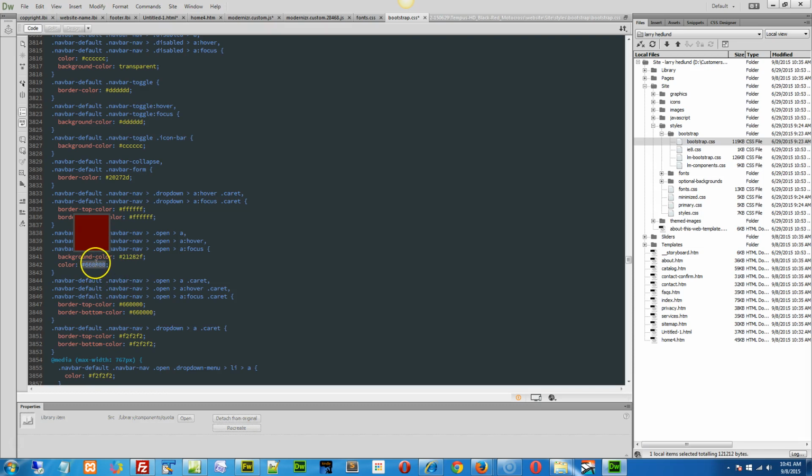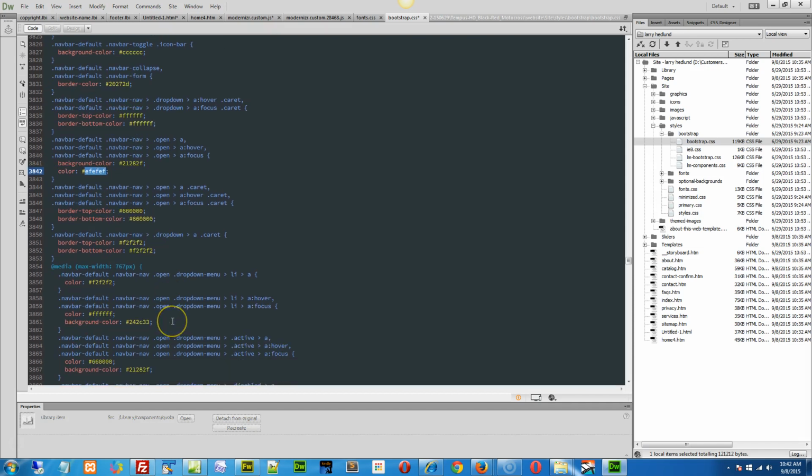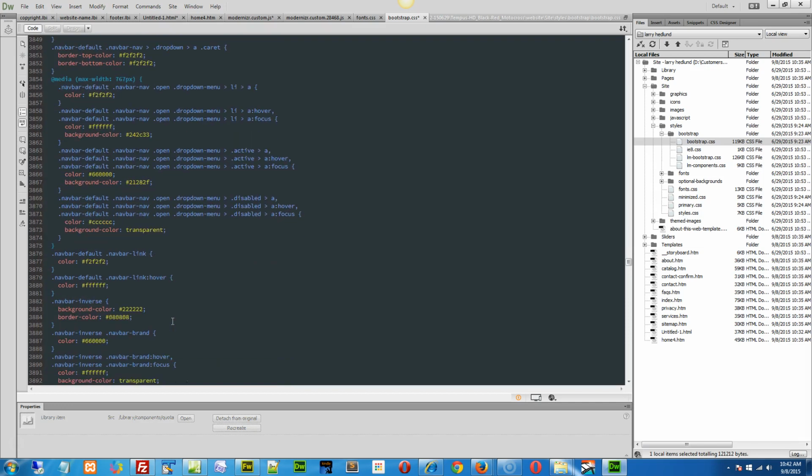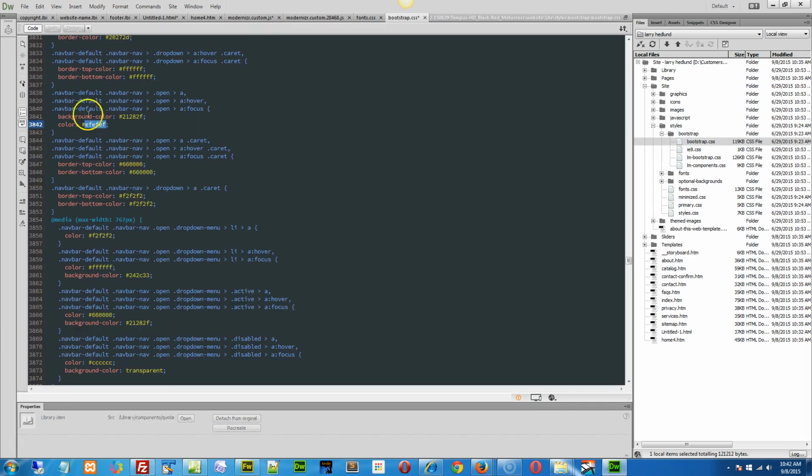There we go. Okay, so this is Dreamweaver CC 2015, but if you hover over, so about 3842, see the color right here? Change that to EFEFEF, or just FFF for white. And that should keep it, right? And change this one, nope, that one there's fine. I believe for what we're looking at, this is the one right here because it's the navbar default and it's when the class of open is added and it's on a hover or a focus. So that's it there. And the background color would be,